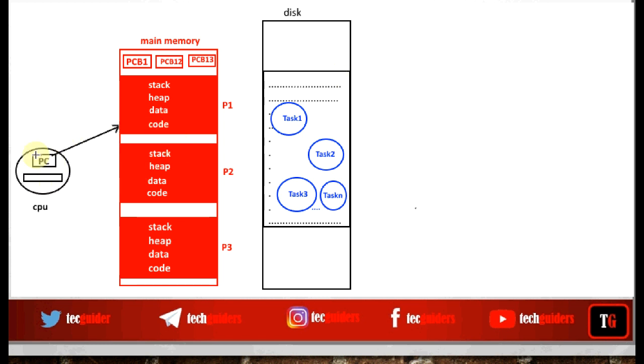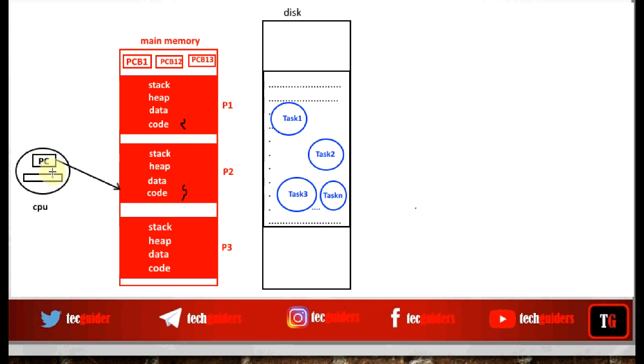After the time slice, we will switch the processor to the next process P2. Before switching, all these register contents corresponding to P1 and all the information related to this address space will be saved to the process control block of P1. Then the processor switches to the next process P2. And while P2 is being executed, the processor will be executing some lines of code within the code space of P2 by accessing this data space, heap space, and stack space belonging to P2.